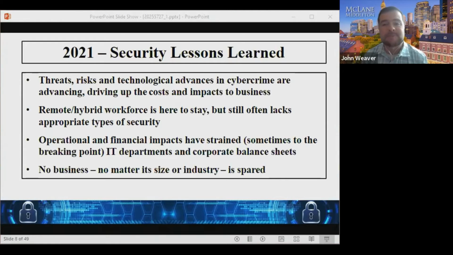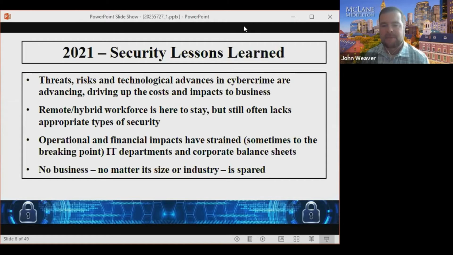And in parentheses, we put in sometimes to the breaking point. I certainly have seen this with clients. There was one client that I helped respond to a breach earlier this year, and one of their best IT guys at the end of it said, "I'm out. I can't do this." It was that stressful for them. And so having resources in place, appropriately funded, appropriately trained, that's really important as you address the threat landscape in